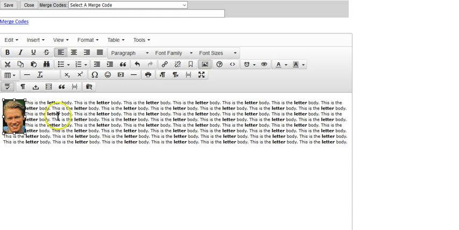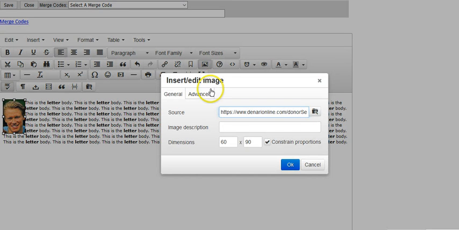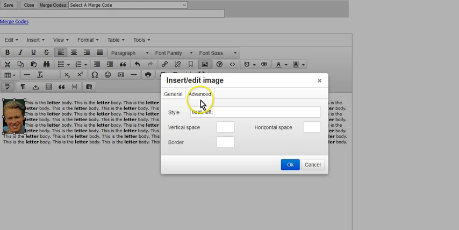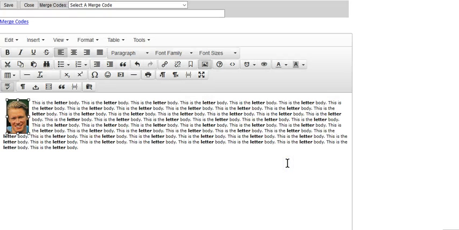Again, I'll click on the photo and the Insert Photo button, and we'll go to Advanced. I'll go to the horizontal space field, and I'm going to type a 10 there, which stands for 10 pixels. This simply means that we're going to put a margin on the left and the right side of the photo, and it's going to be 10 pixels wide. You can come back later and adjust that if you want to. And we could also, of course, enter a vertical margin here. I'll click OK. And so now we see we have a little bit of space on the right side of the photo, and actually on both sides of the photo,